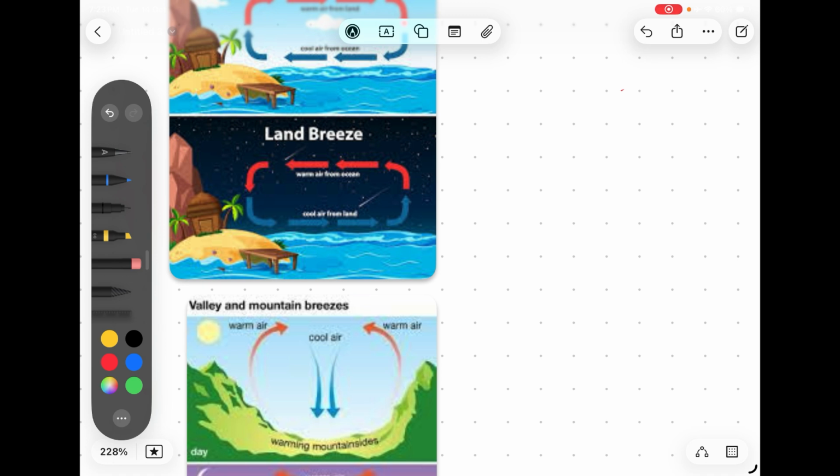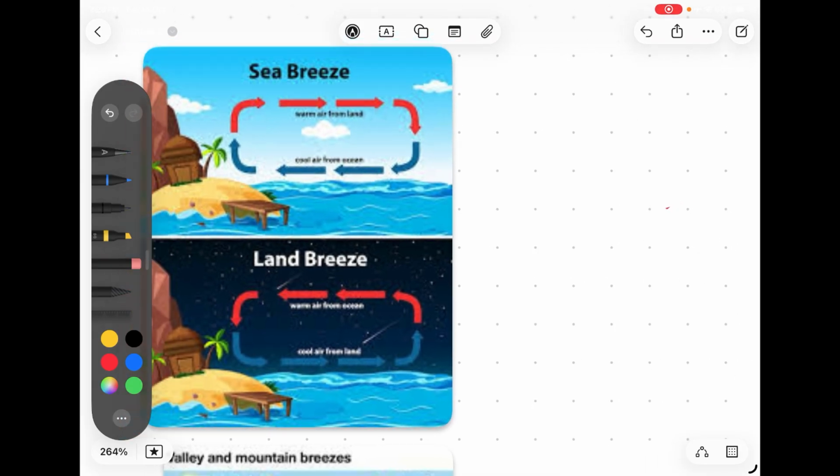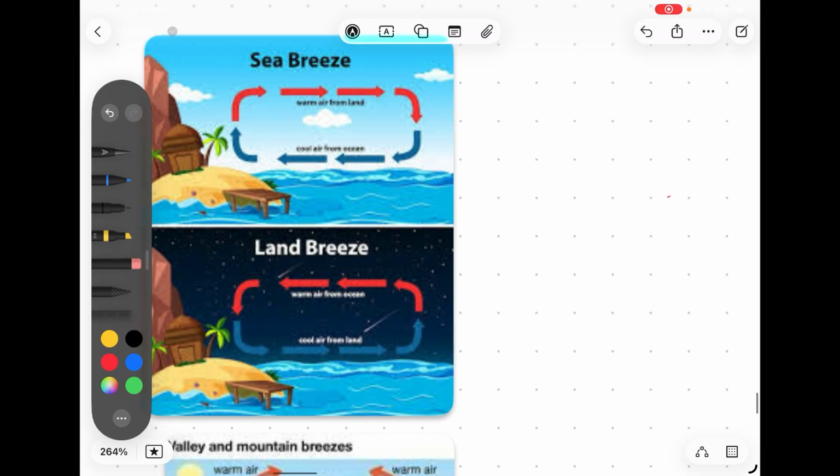The wind now again blows. Now here what happens is, I'll tell you. During the day, the land heats up faster than the water. Let's consider the day. Here in this diagram, the land heats up faster than the sea. So what happens is, there's a low pressure. If this is my land, I'll make it red because it's getting heated, and then this is my sea,